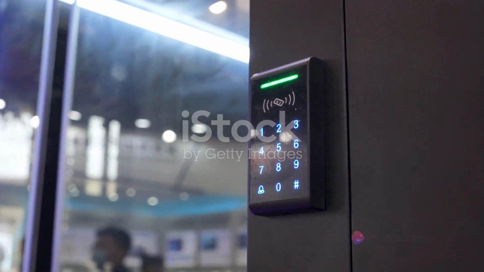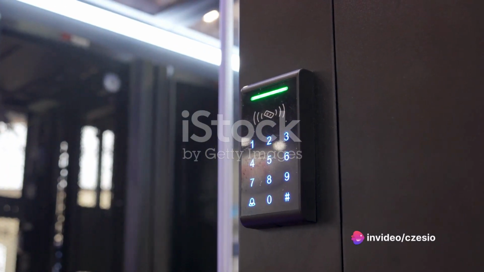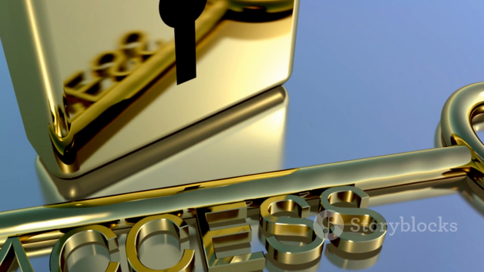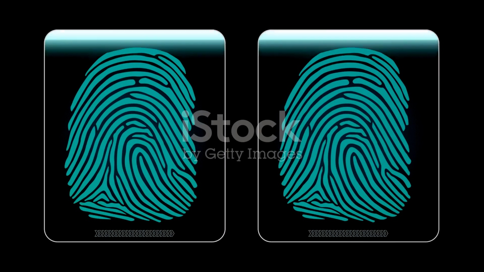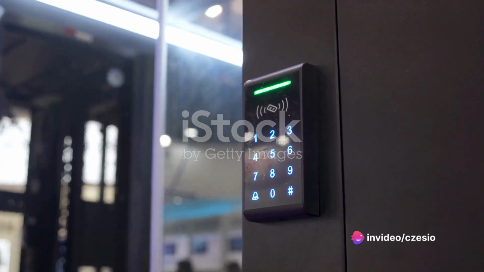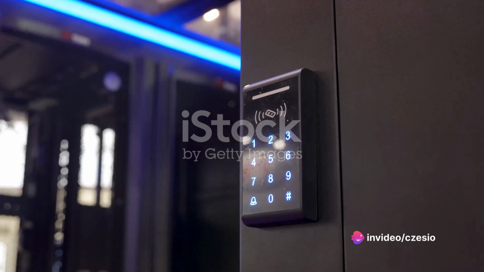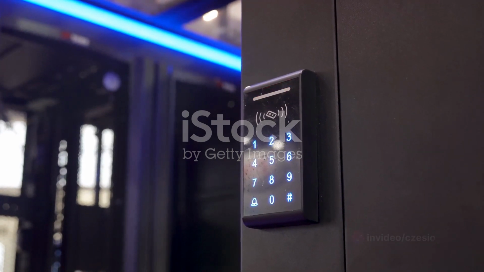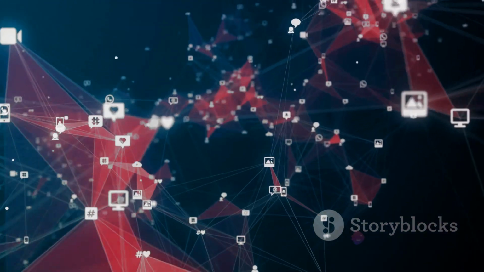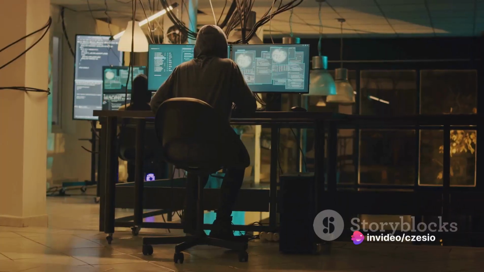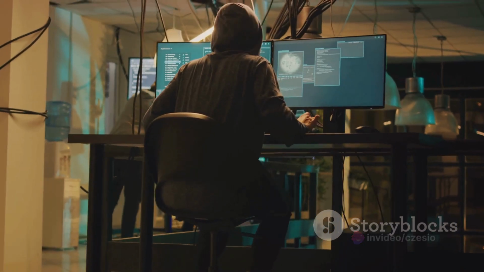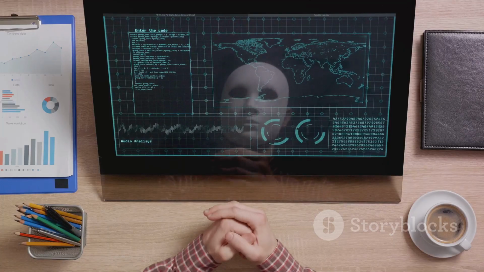The third element, privilege management, takes access control a step further. It's not enough to just let someone in the club. We need to determine what they can do once they're inside. Can they hit the dance floor, or are they restricted to the lounge area? Similarly, privilege management ensures that users have just the right level of access to do their jobs and nothing more, minimizing the potential damage in case of a security breach. Lastly, we have identity analytics, the eyes and ears of our IAM system. It involves continuously monitoring and analyzing user behavior to detect any suspicious activities. If a user suddenly accesses a system they've never interacted with before, identity analytics would flag it as a potential security threat.